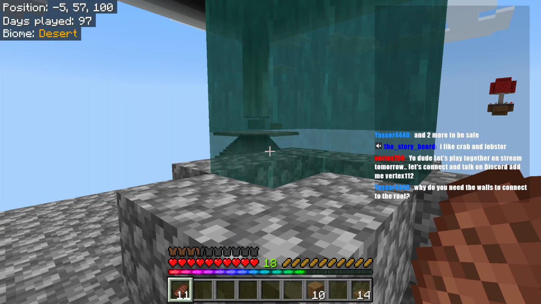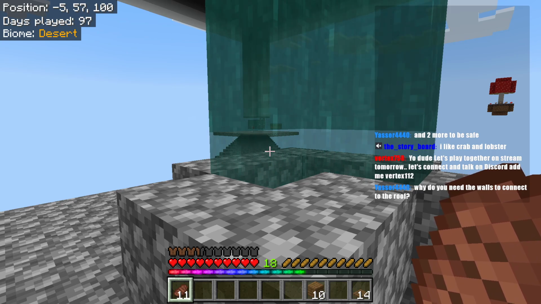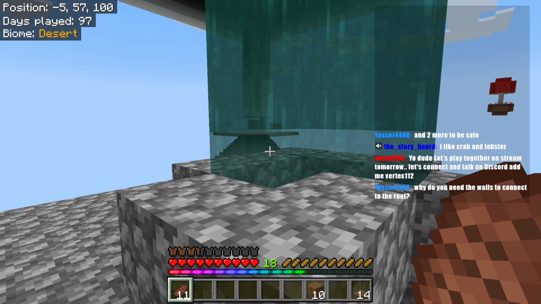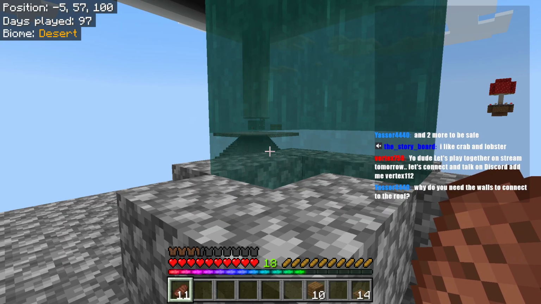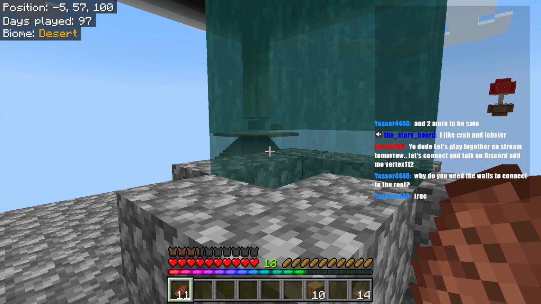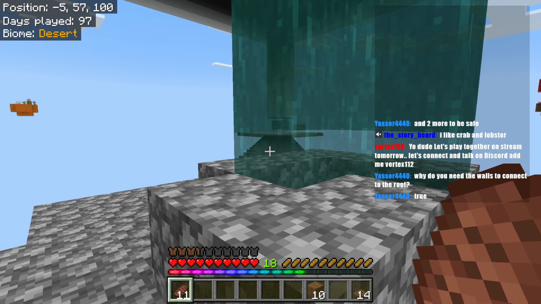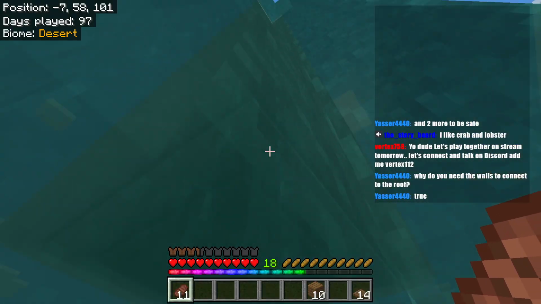Well, I guess because the light propagates down diagonally, the roof would have to expand out a number of blocks equal to however many layers of the wall don't connect to it. So if I don't connect 1 layer of the wall, then I need to have the roof go out 1. If I don't connect 2, then I have to have the roof go out 2, sort of thing. Which I could do that. All right, let's see if